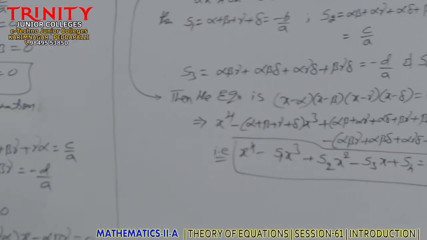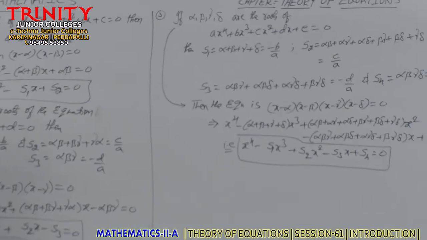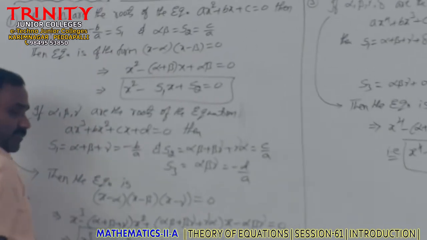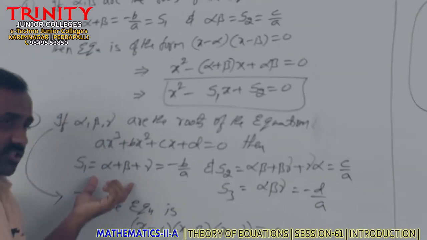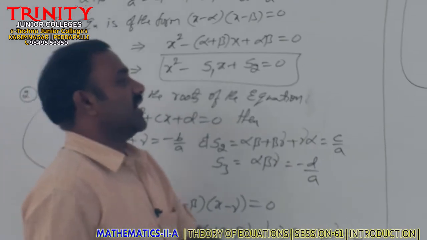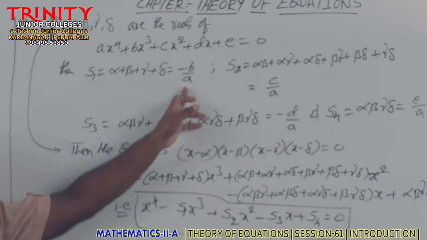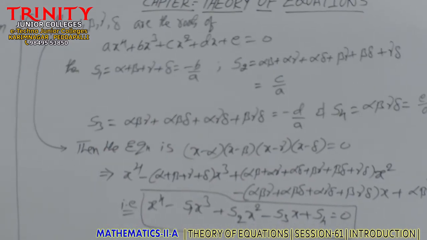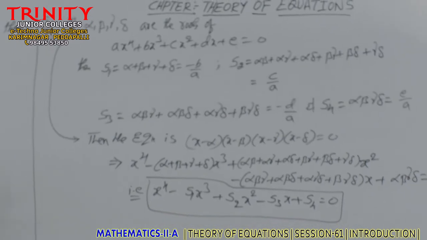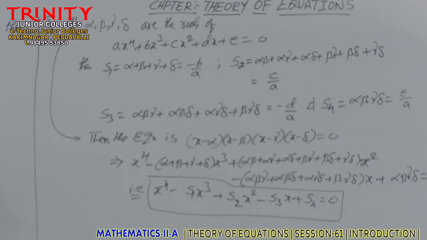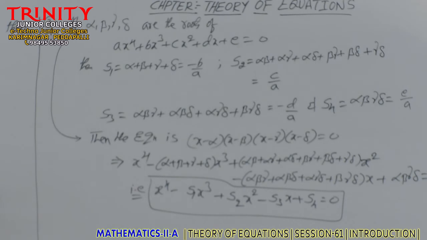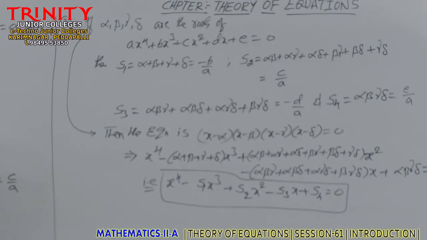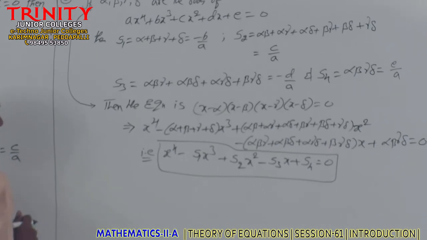See, what do you observe from all these three? Here S1 is minus b by a. Even in this equation also S1 is minus b by a, and even here also minus b by a, which means there is no change in the value. The equation is changed, the power and the coefficients will be changed, but the value, the x power n minus 1 coefficient by the x power n coefficient, doesn't change. For that reason, I will give you the general form.